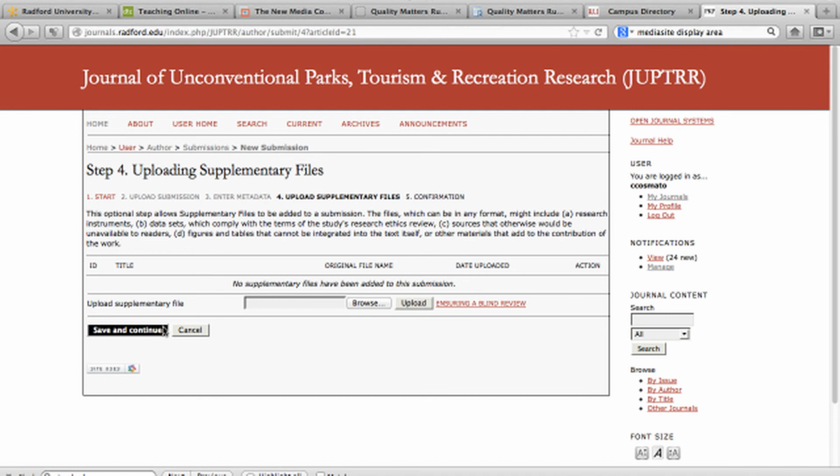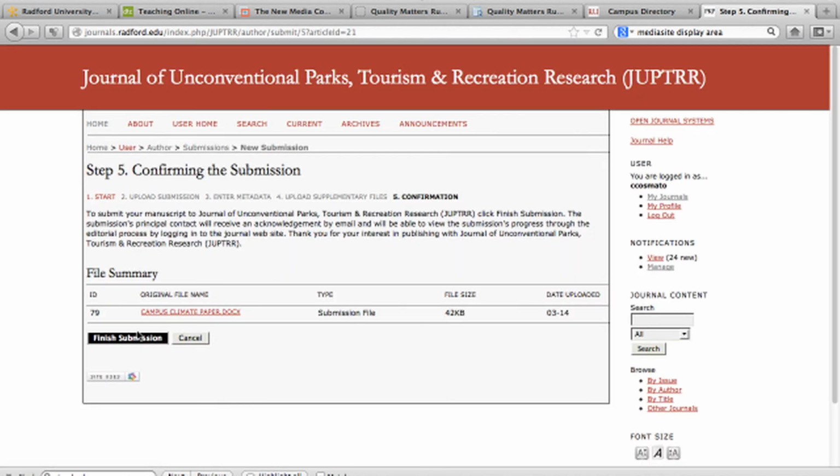Step 4, simply uploading any supplementary files you have. These could be things like data sets or sources that might otherwise be unavailable to the readers, figures and tables that can't be integrated in the text itself, and so forth. I have none of those, so save and continue, and we're at the final step where we just simply confirm